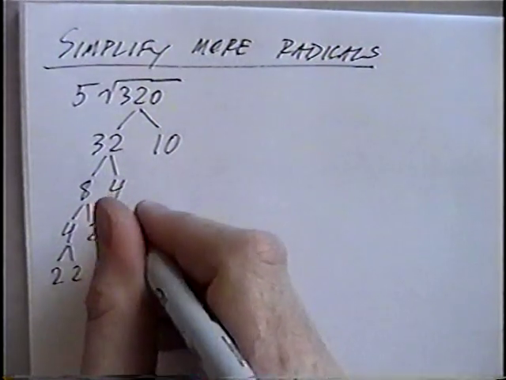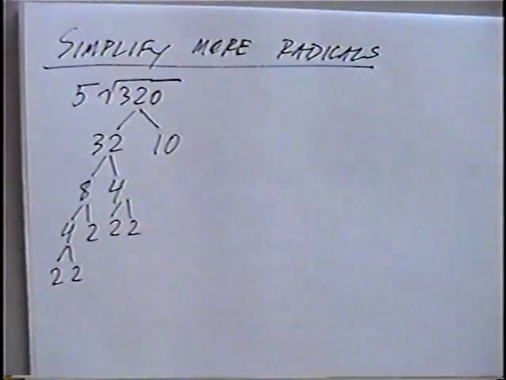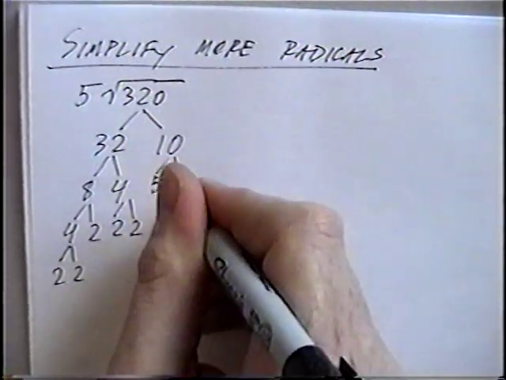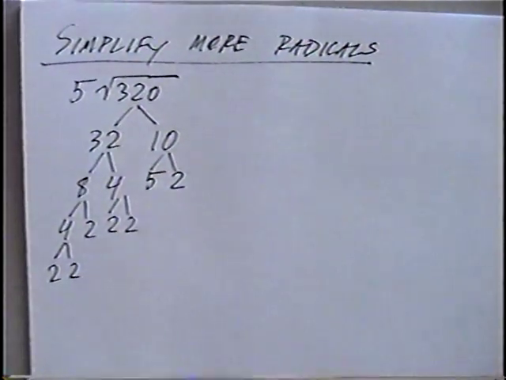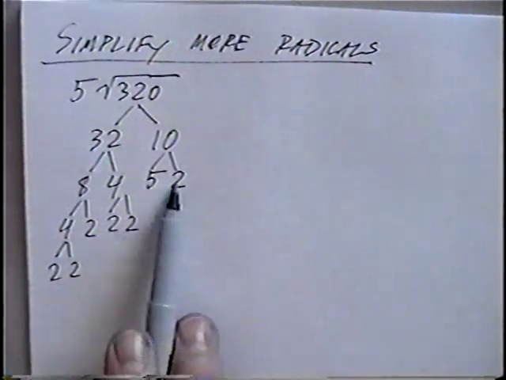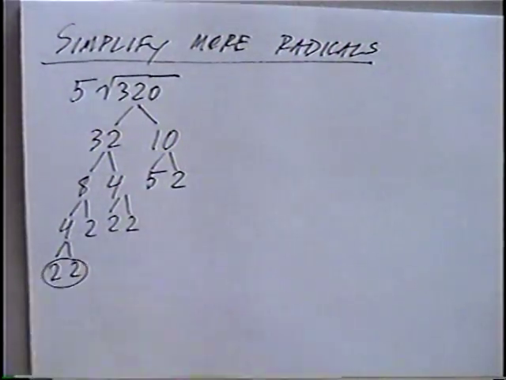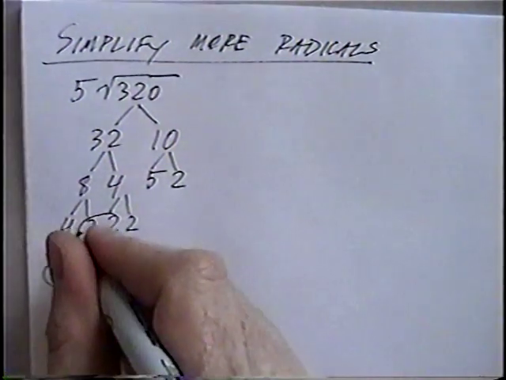This 4 we can also factor, which again would be 2 times 2, and the 10 we can factor, which would be 5 times 2. Again, you want to do your factor tree as much as possible until you get just the prime factors at the bottom. And again, you want to circle the pairs, only 2 at a time. We have one set of 2's, another set